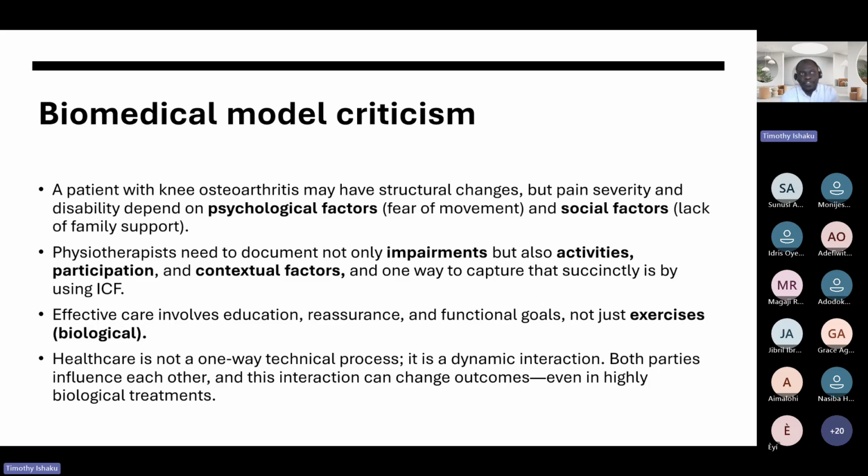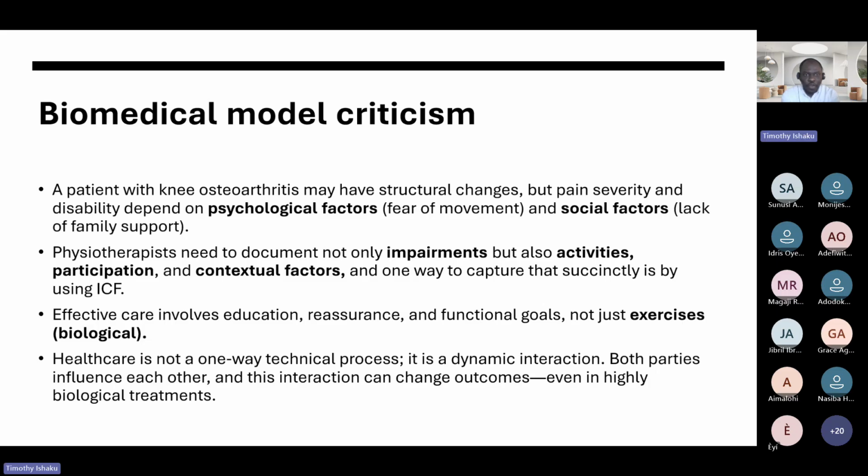You are also translating those strength training to functions, not just exercises. What does it mean? I think earlier on one of our speakers just now mentioned about desires of the patient. What does it mean to the patient? And our healthcare,